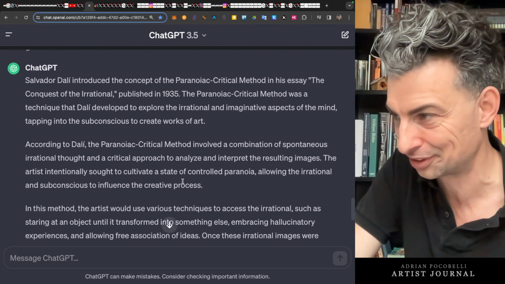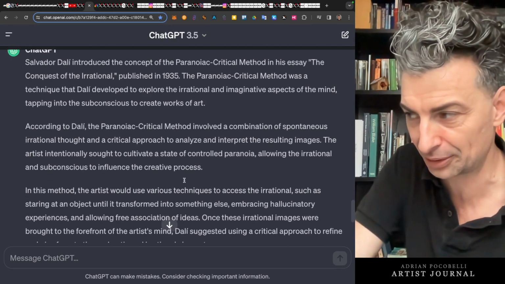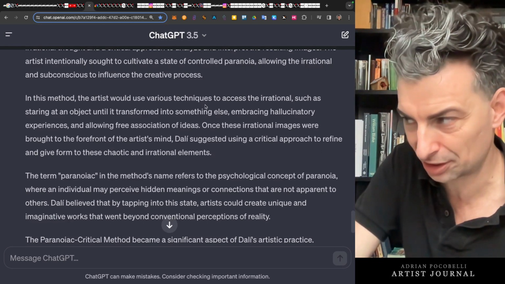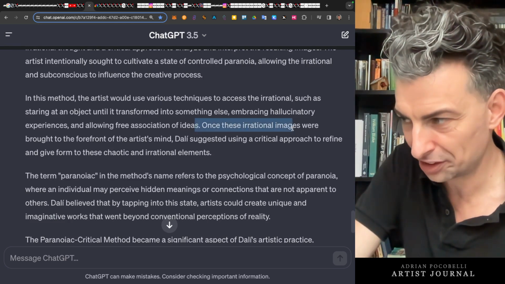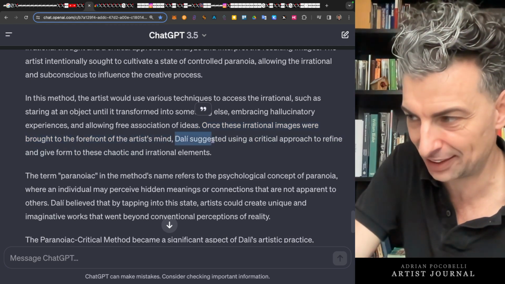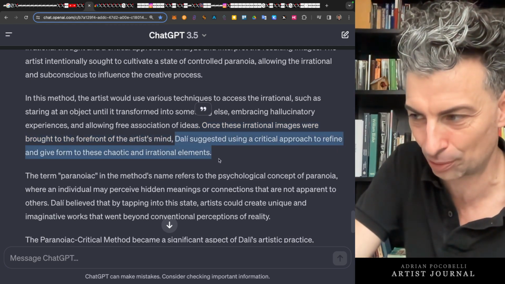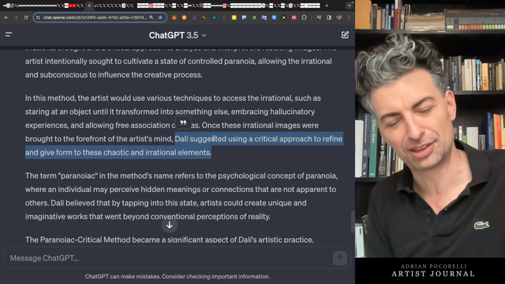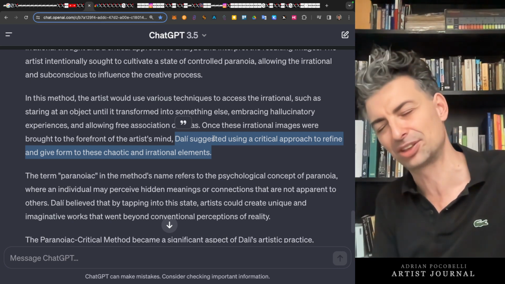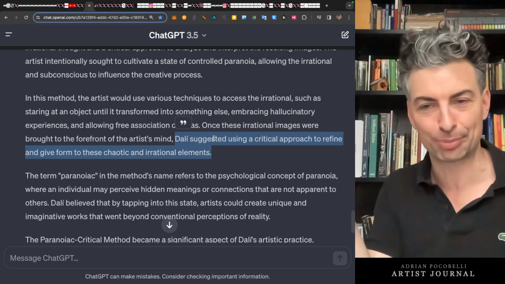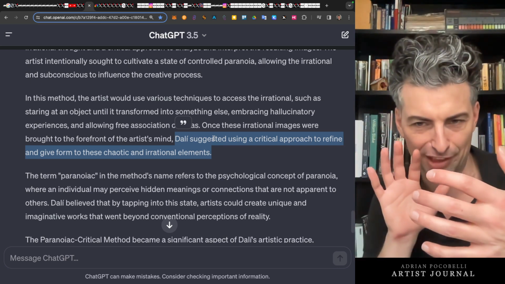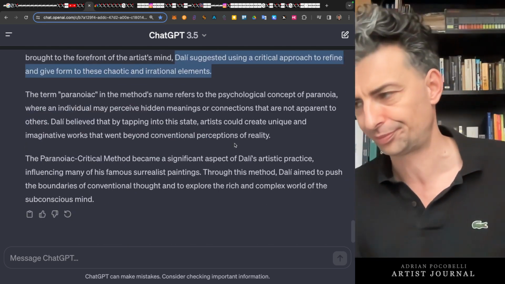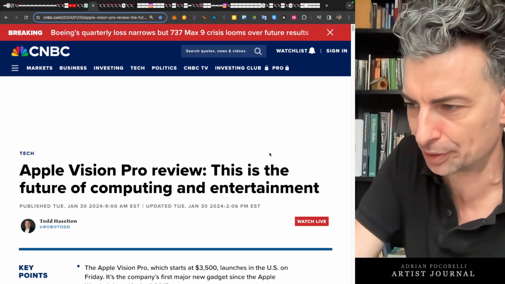We have the paranoid critical method here, but basically exactly as I was saying last time, where it basically celebrates the irrational, and then once these irrational images were brought to the forefront of the artist's mind, Dali suggested using a critical approach to refine and give form to the chaotic and irrational elements. So one of the experiments apparently he would do is hold on to a penny or something, and then when he fell asleep, the penny would hit the floor, and then he'd wake up in whatever image was in his mind, and then start to apply critical thinking to whatever irrational image was in his mind as he was falling asleep, for example. So let's leave it there, but I want to dive deeper,